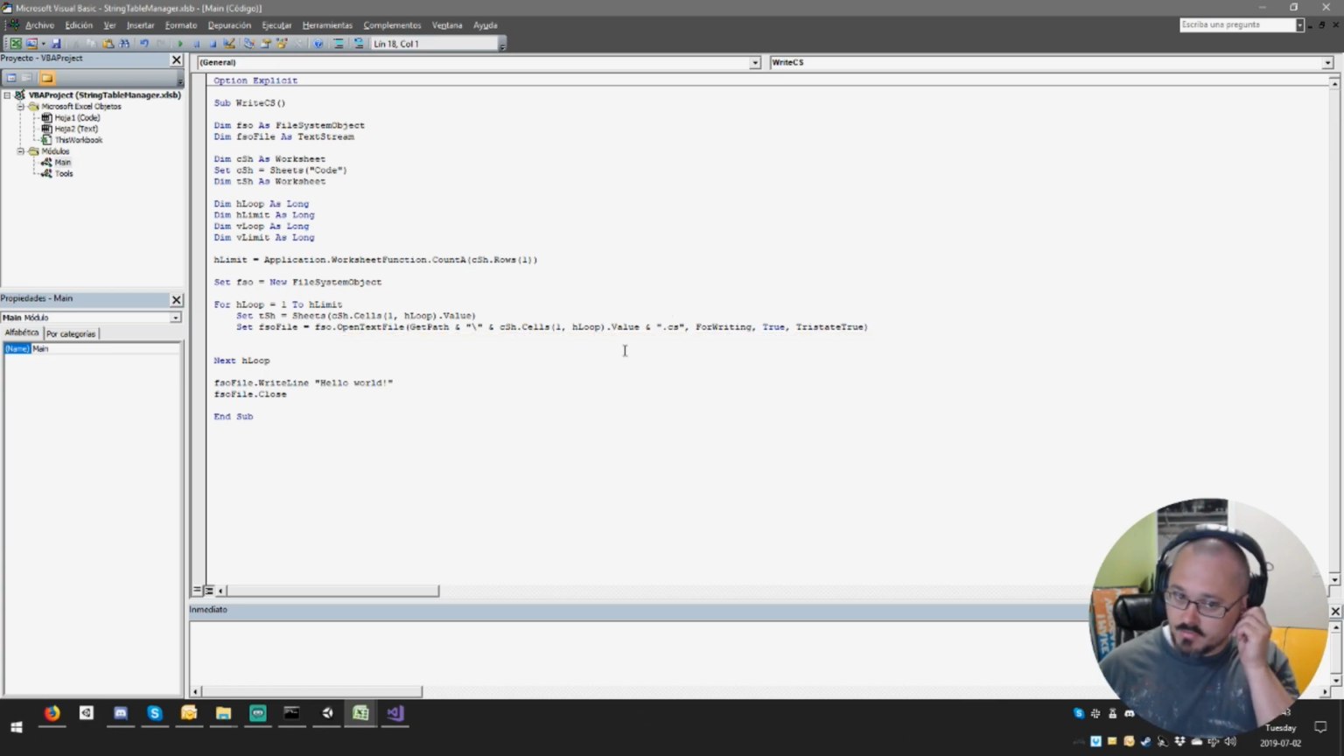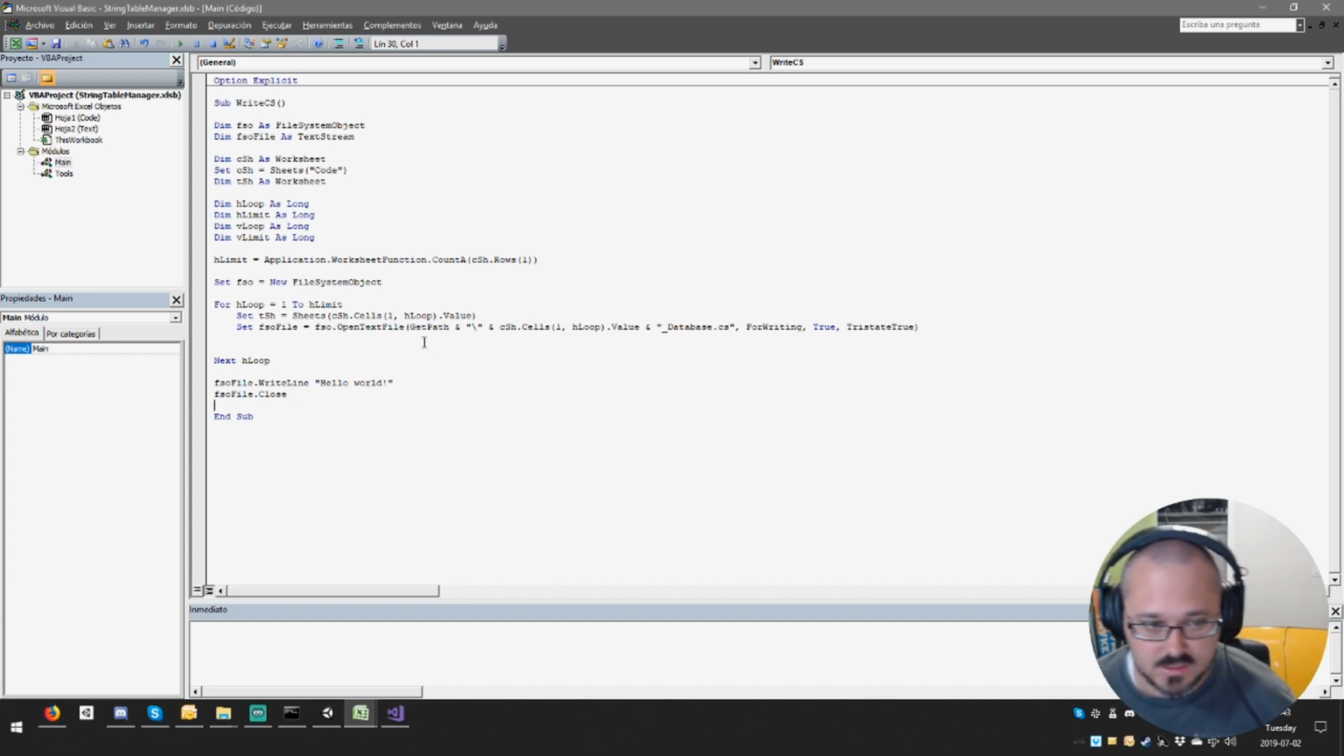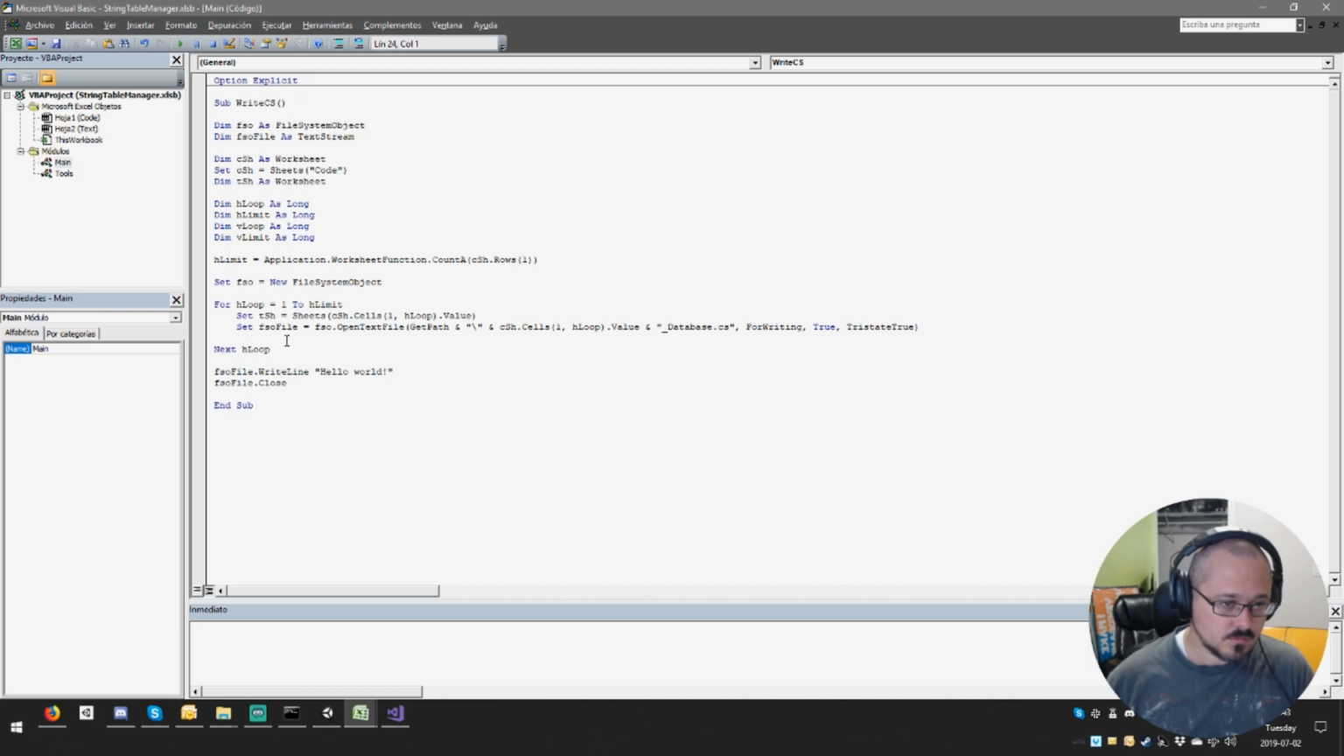So that's not good enough still, because I want to make it a little bit more useful to know. So it's gonna be something like text, and let's call it database. There we go. So it's going to be called text database.cs in this case. Okay. Now we've got the file, and now we're going to assemble